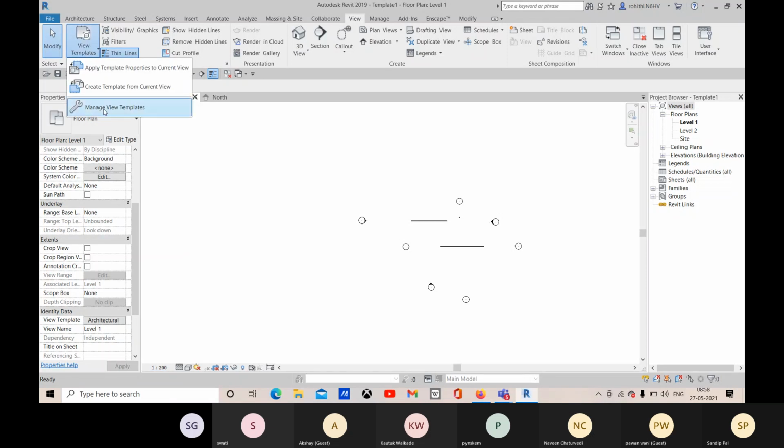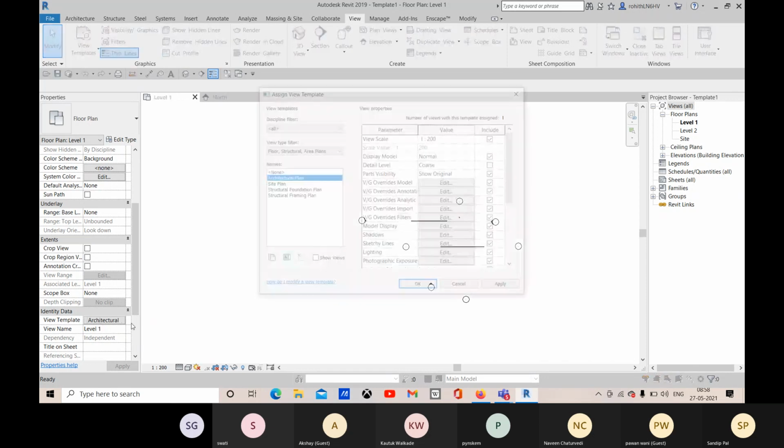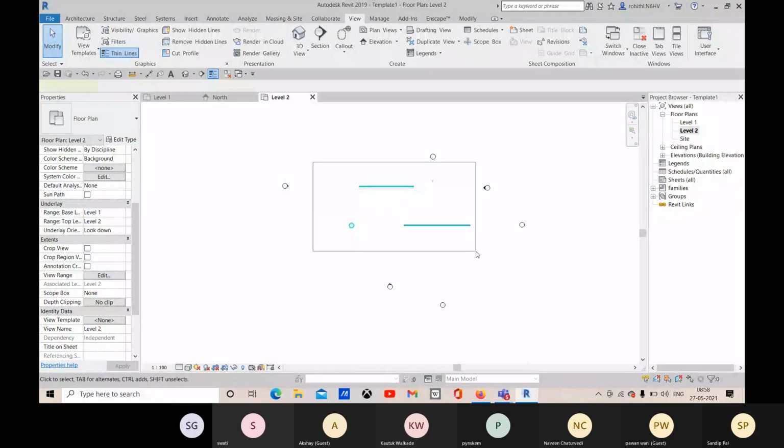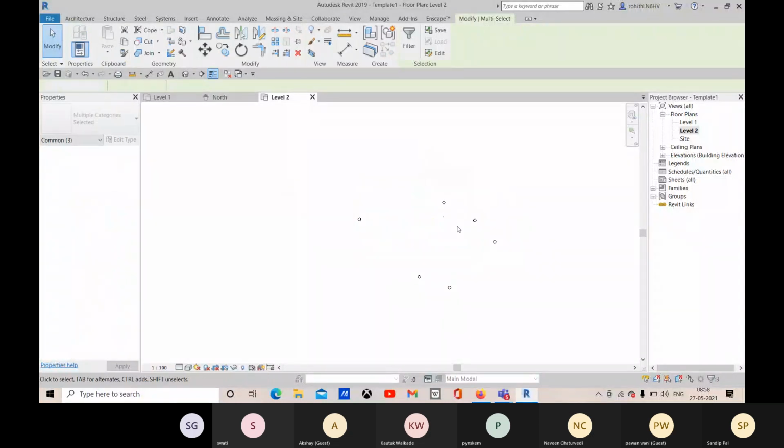From here also you can go to manage view templates, or from here also you can go to that, and from there you can change it. And now you see that detail level coarse is unchecked, so that is not added. So from here, sorry, this is the detail level, and from here I can change it. But for other options I cannot change, that is set as per the template. Okay, so that is the thing you need to set. You need to define as per the template, and then you can go to another view. Okay, so make sure these are not included, just delete them, they are not needed.